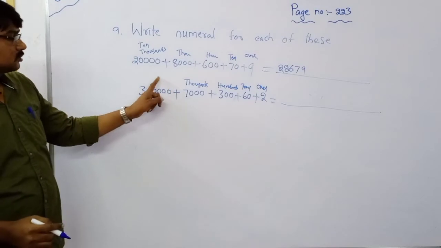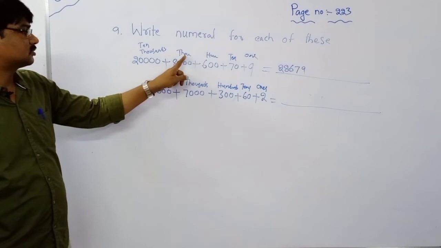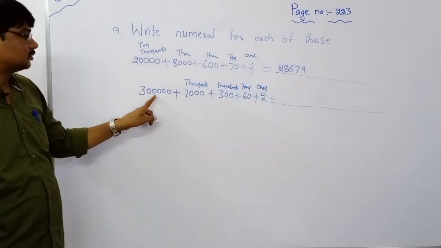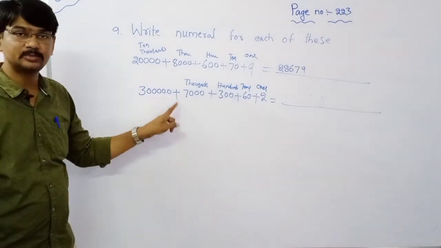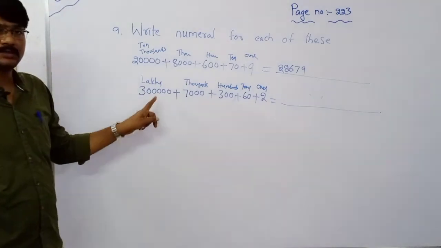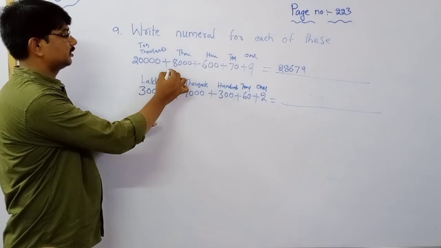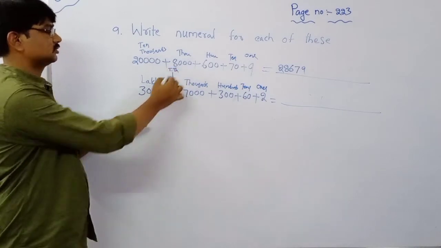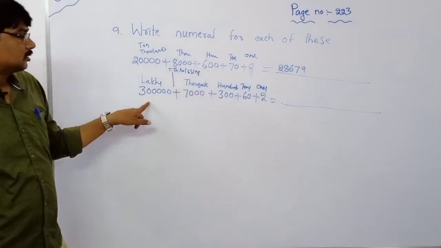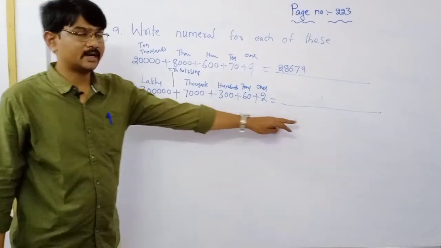Here the next order, 10,000, should become, but 1, 2, 3, 4, 5 digits, it means lakhs place here. It means what is missing? 10,000 is missing. In this situation,